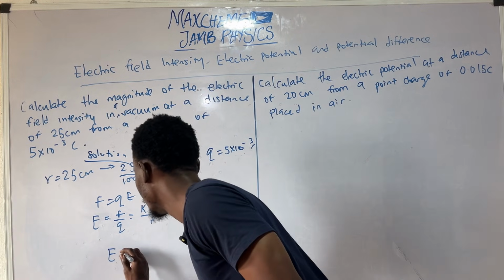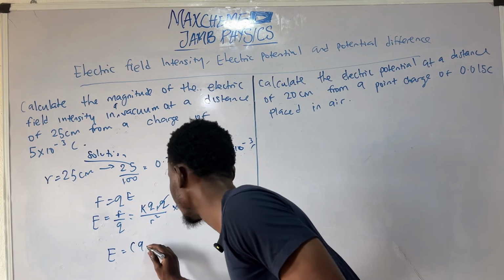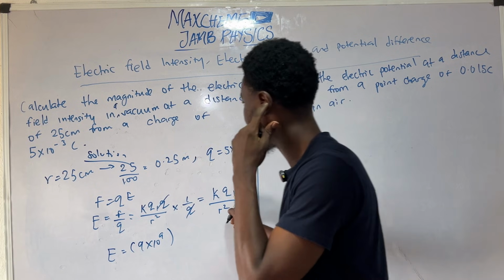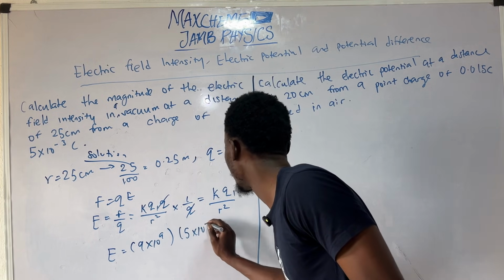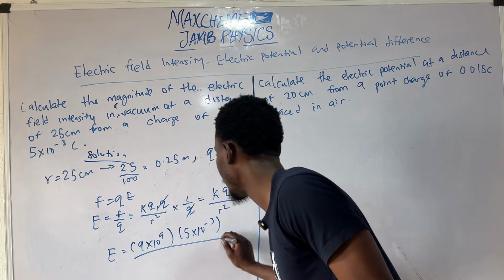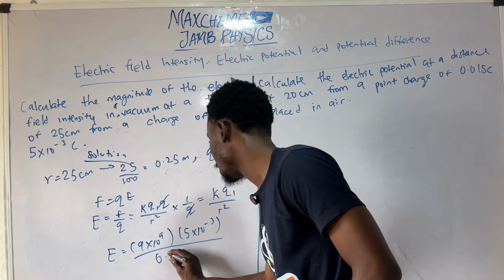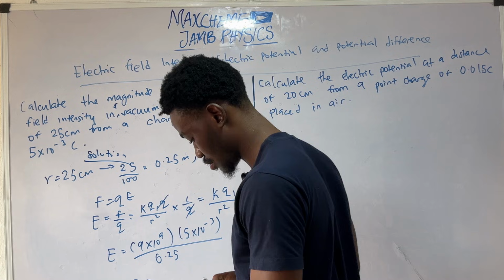So E would then be K. Recall that K is a constant, 9 times 10 to the power 9, multiplied by the charge. The charge is 5 times 10 to the power minus 3 over the distance separating them, which is 0.25. So E is equal to, punching that in my calculator,